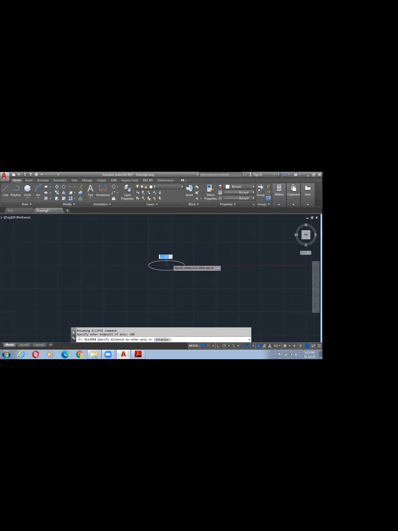Okay, from this point to here it is 100. And the other radius, from the center to the right, is 25. Provide the direction and enter. For this, from the center to here it will be 100, and the other will be 25.